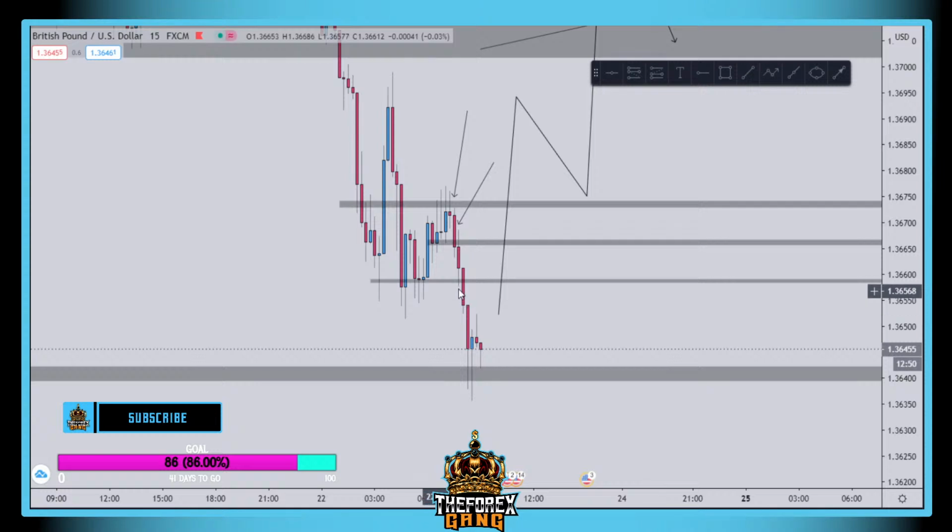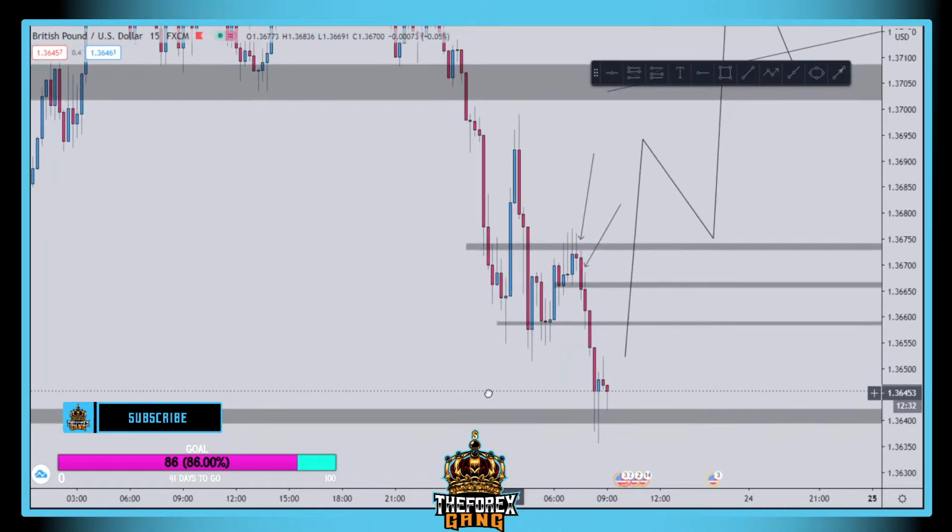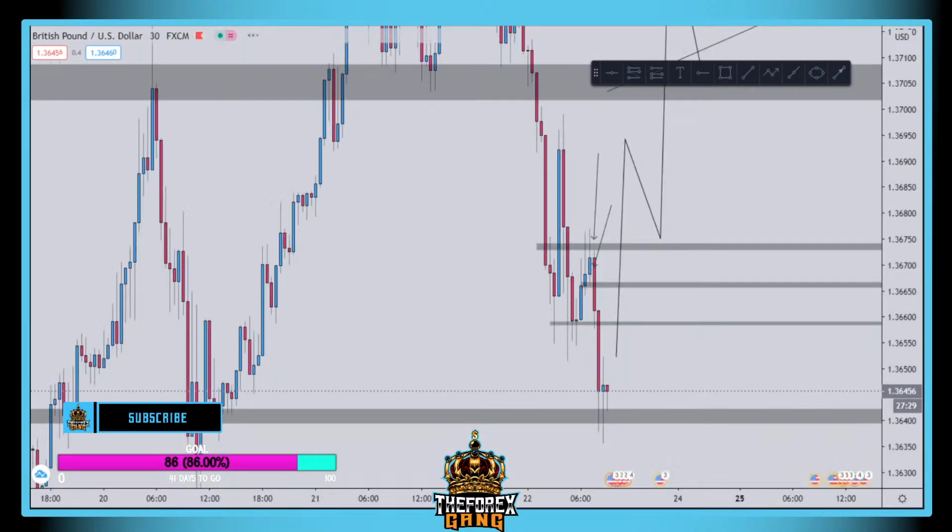Even if it would have entered there, it was a clean move. Yeah, but you were expecting it to come back up here and then drop. Let's see, so now we have a new candle. I remember most of my winning trades I took when the candle closed, and when the next candle moves, it would easily move like 5-10 pips before it breaks the low. You know what I'm saying?